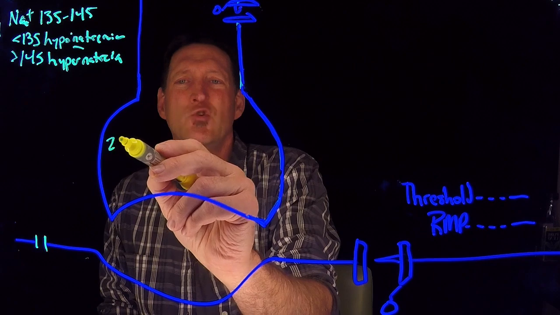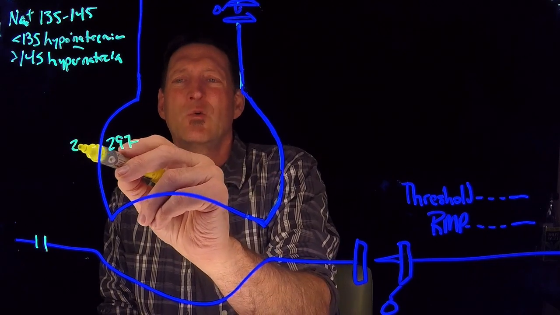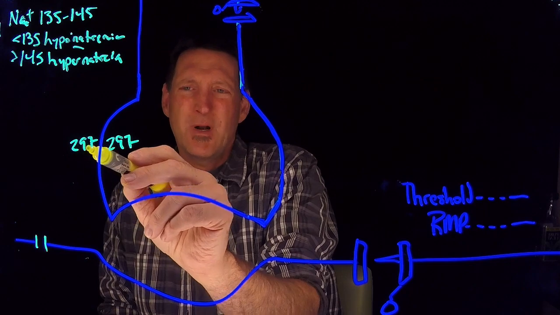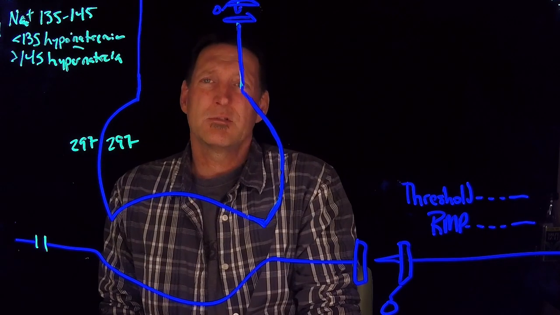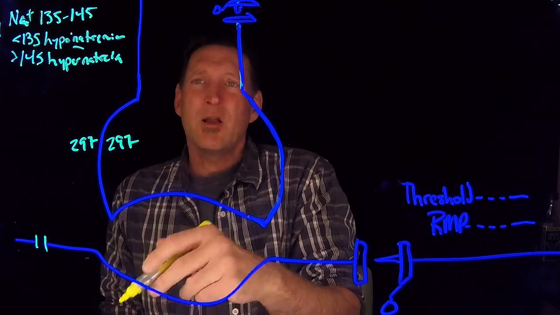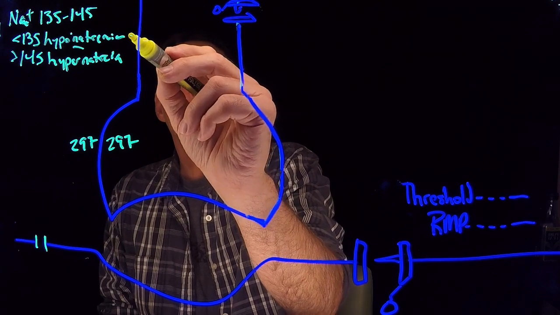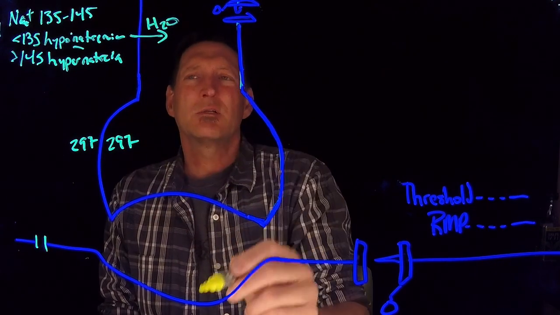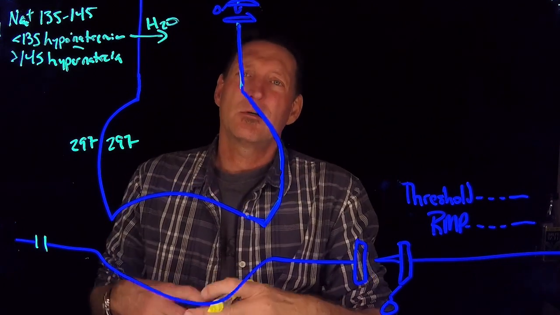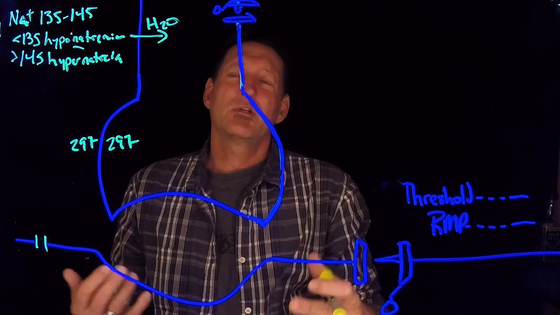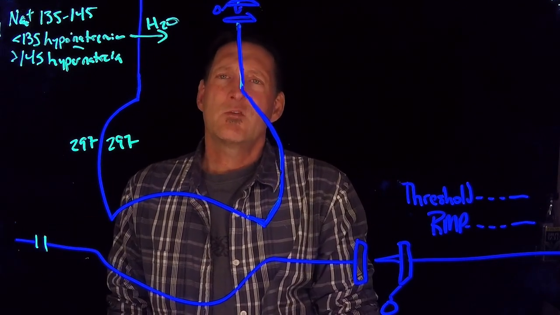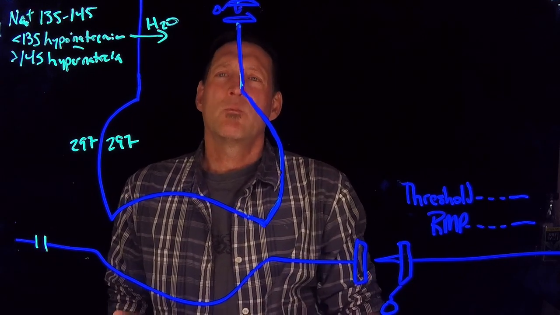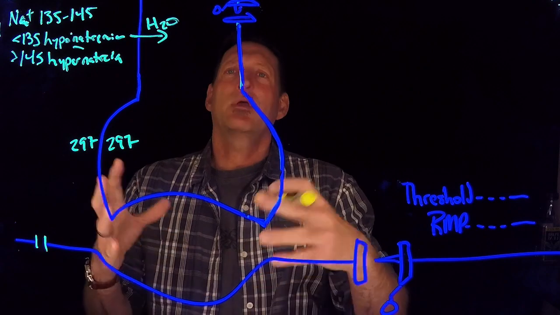let's say that my osmolarity started off at, let's say, 297 in here and 297 out here, but when I drank all this water, part of that 297 was the 140 milliequivalents of sodium, but I started to dilute that. What that does now is that takes water and it draws it into the cell. So now I'm pulling water into the cell, and what's happening is the cells are starting to swell, and they can swell so much that they rupture. And there's actually deaths reported every so often where people get water intoxication and they die because of the